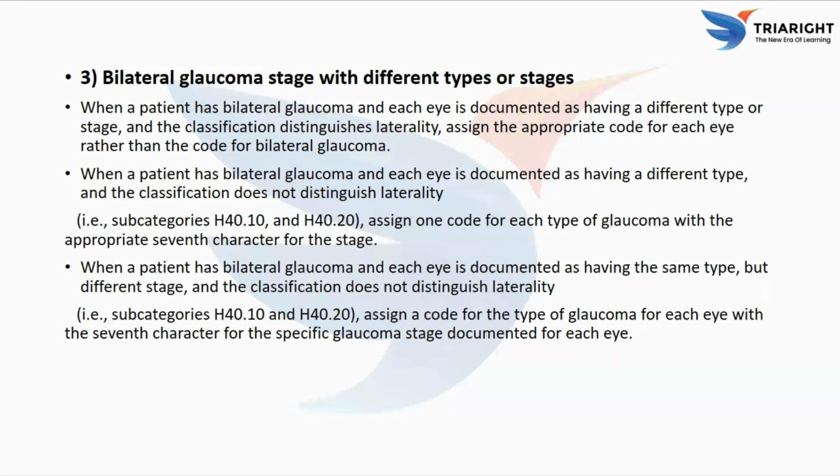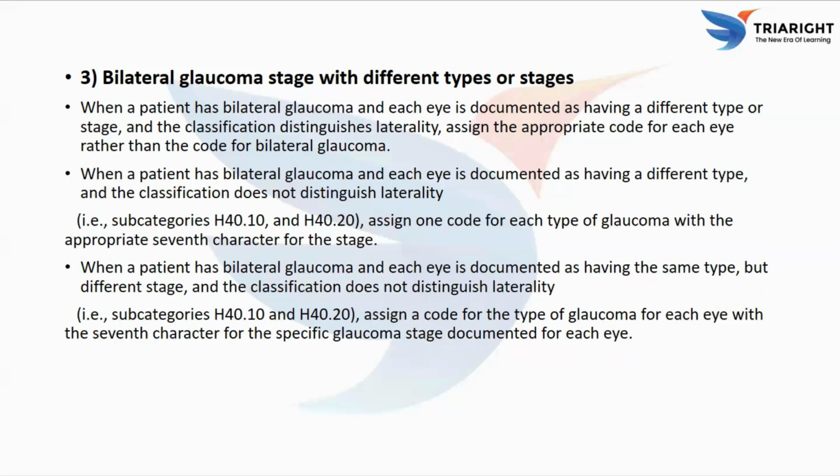So what does this guideline tell you? Some glaucoma categories have no right, left or bilateral choices. So in these cases, you cannot code per eye, but you still must report both the types. So for example, if the documentation gave you right eye unspecified open angle glaucoma moderate stage, then you have to code